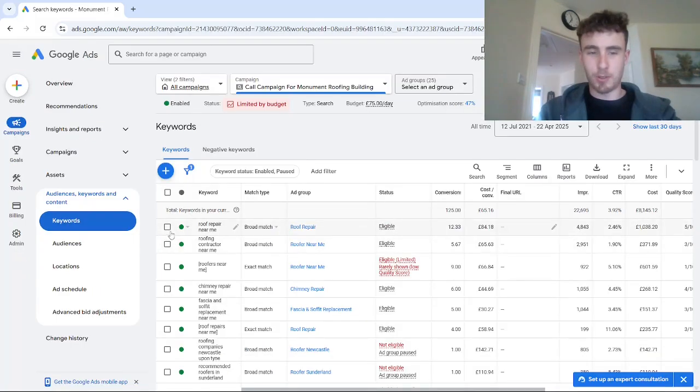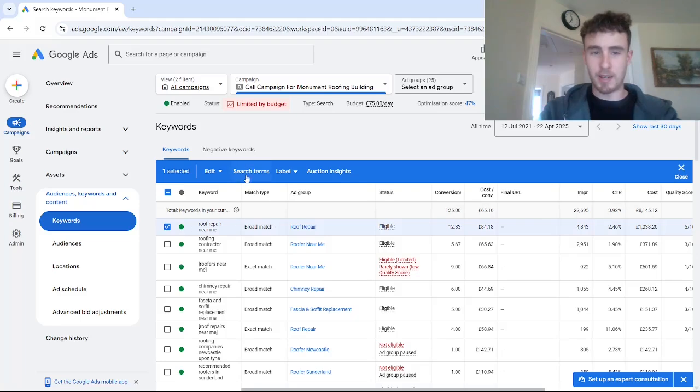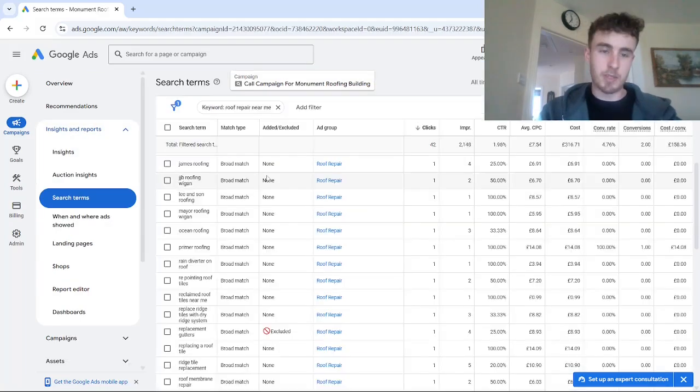And lastly, we're going to show you an example of a broad match keyword that we had recently implemented for a company that's using smart bidding, using a target CPA, which is usually the only scenario where I would recommend adding broad match keywords: when you've really made the most of the traffic you have in place with exact or even phrase match, and you really want to maximize the amount of traffic you are getting. You can go into search terms now on a broad match keyword, and you see here straight away